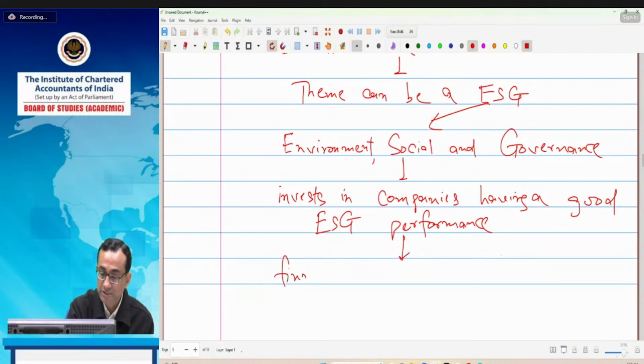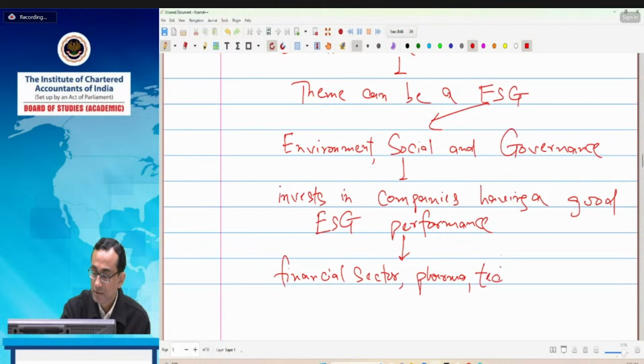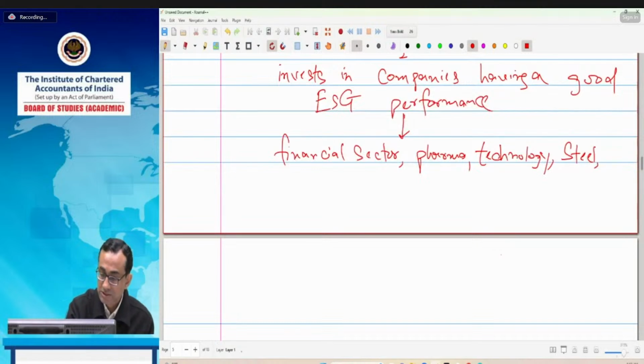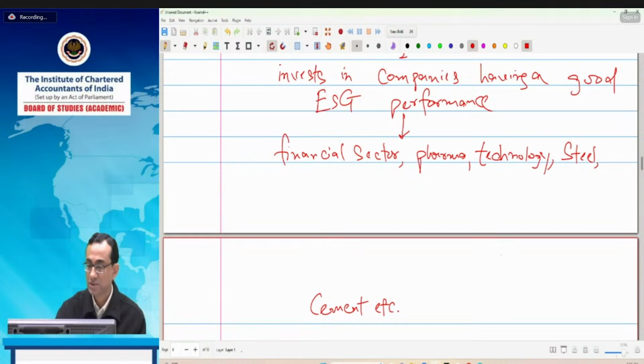It can cover the financial sector, pharma, technology, steel, cement, etc. So if a mutual fund comes out with a thematic ESG fund, then